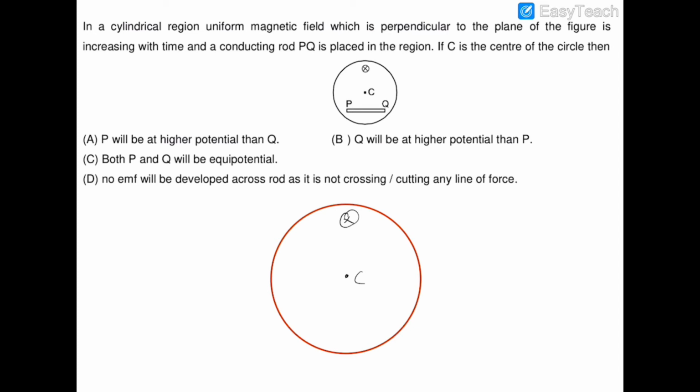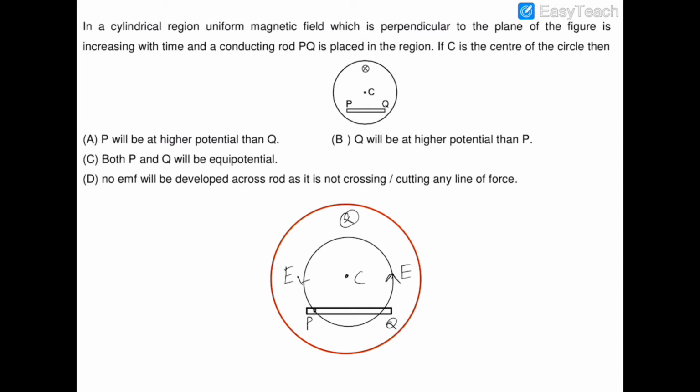I will draw that this is a conducting rod which is kept like that in this region, and this is P and this is Q. So if we see, an electric field will be induced in this region due to the time varying nature of the magnetic field. If we draw any one loop of electric field, so I am drawing this one. Let's suppose this is the loop of electric field, and we know that to oppose this magnetic field which is increasing inside the plane, an electric field would be generated in the anti-clockwise sense. So the electric field would be in the anti-clockwise sense, like that.